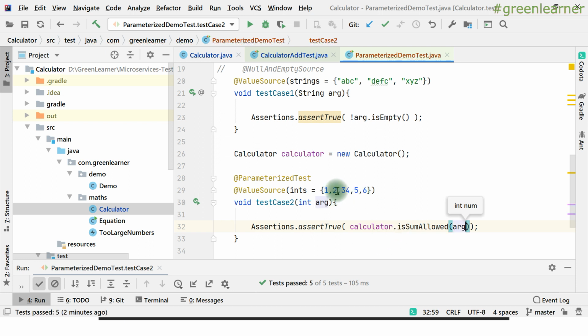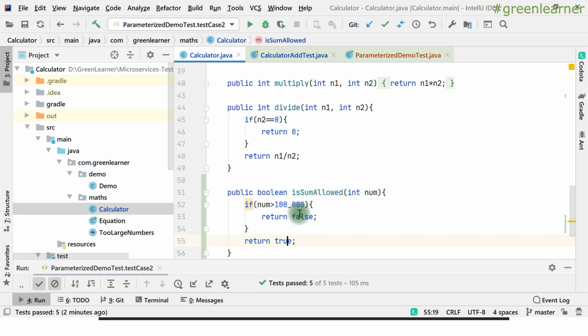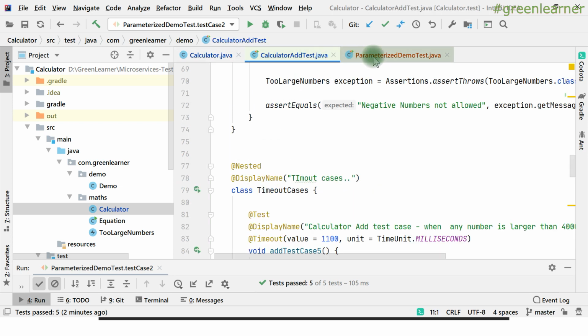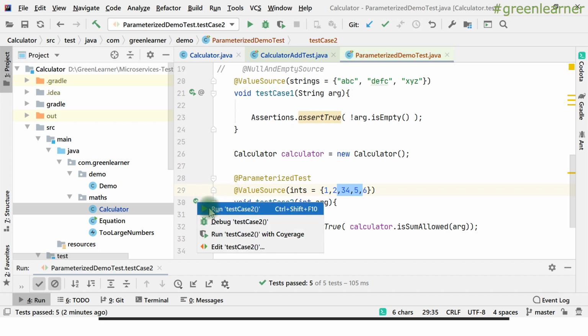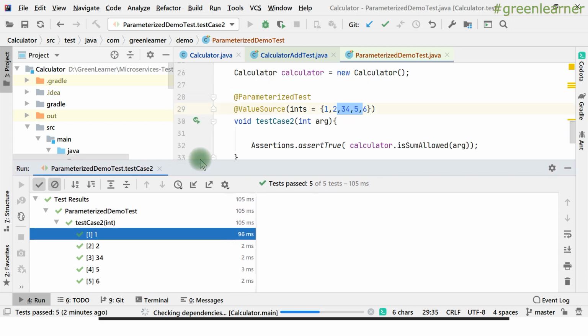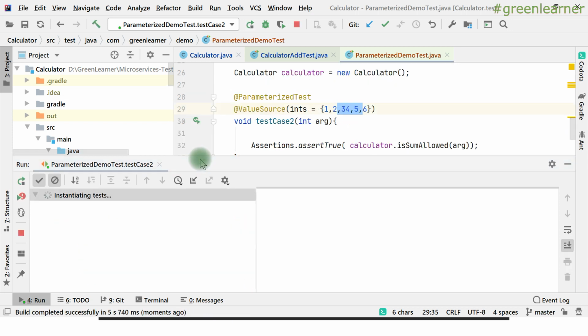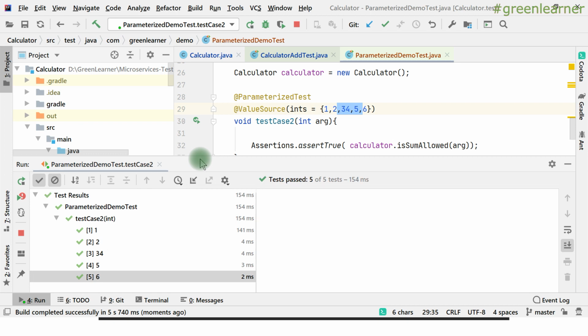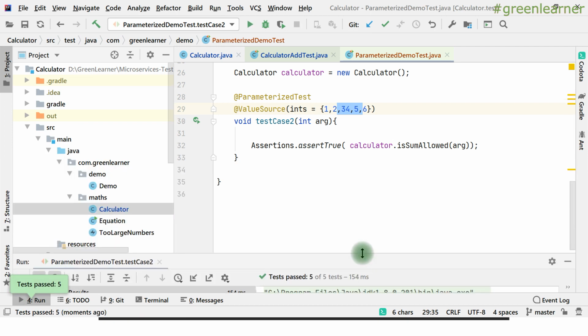So it is going to check whether sums are allowed or not, right? If it is greater than some number, only then it is going to return false, otherwise it is going to return true, right? So it should pass now for our cases, right? So it is returning true. This is the actual example that I'm showing you, the demo, right? All right, so this is working properly, right? So these are the value sources. This is one way that you can do it, right?